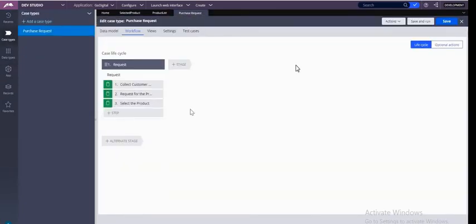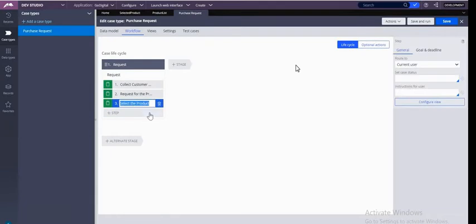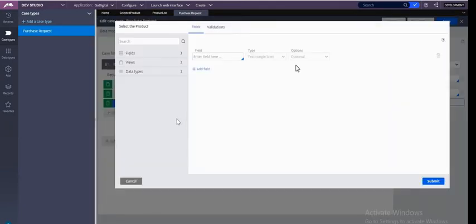The question would be like, the scenario they will say there's a list of records, and from that you want to copy into a page. How do you do that? You'll write a data transform actually, but before that you need to have a page property, so that needs to be called. Where we have to select the product, select product, configure view. Here you have to call the property which you have created. Now you can write there as selected.